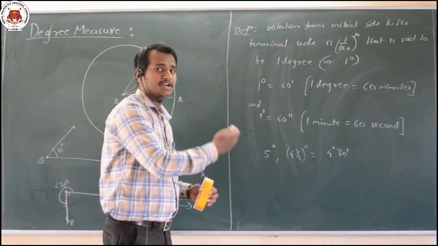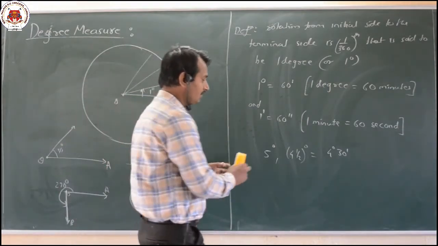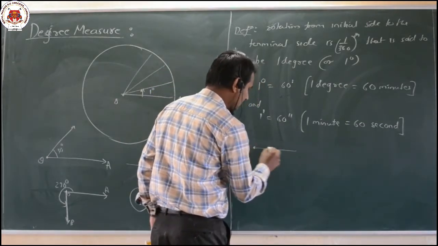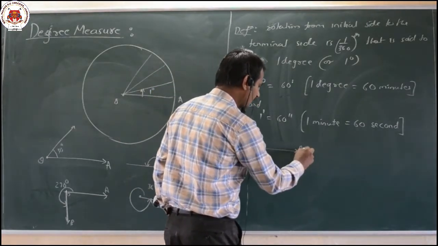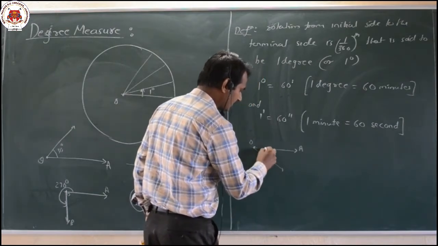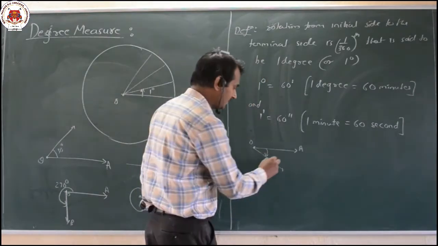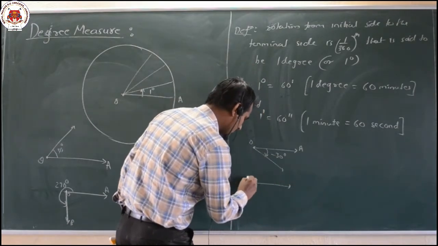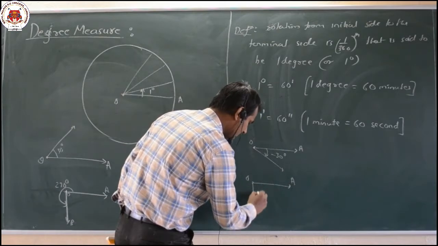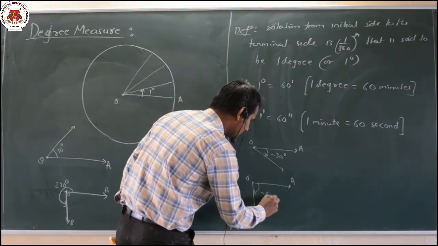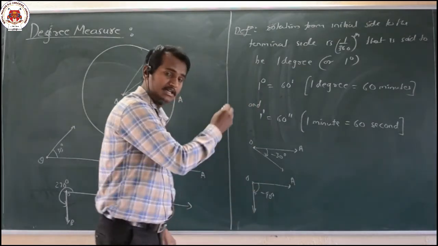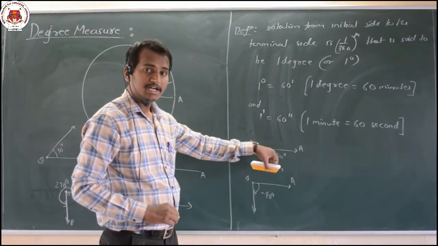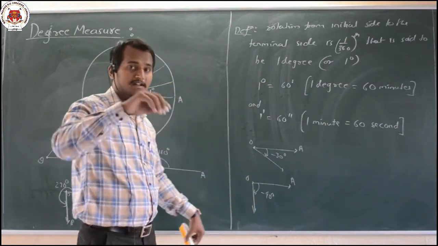Similarly, you can take it for negative angles also in degree measure. That is our initial line OA. If you take it in this particular manner, that is nothing but our minus 30 degrees. Also if you take it here, that is minus 90 degrees, in the negative manner. That means I am rotating the initial line in the clockwise direction. If I am rotating along the clockwise direction, it is said to be a negative angle.